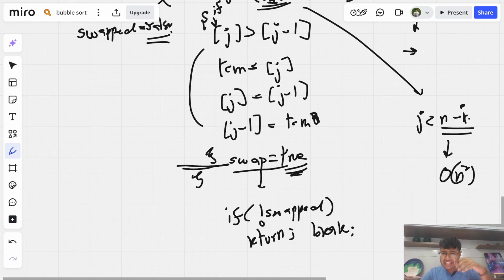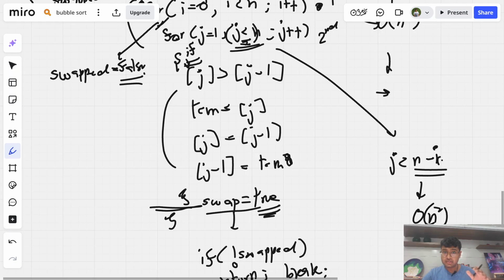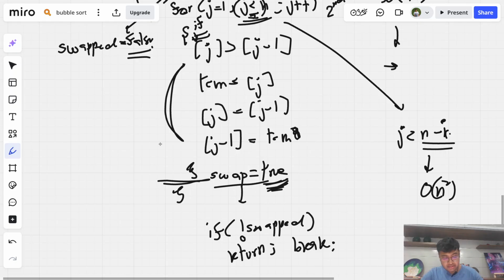And if at any point we check that swap doesn't get true, meaning this if condition, j is greater than j minus 1, doesn't get true, then this block won't run for that iteration of j, meaning swap won't be turned true. And if swap won't be turned true, then we are checking right after it that if it is not true, means it's false, then we are returning. Now what does this mean? Basically, if this block doesn't run,